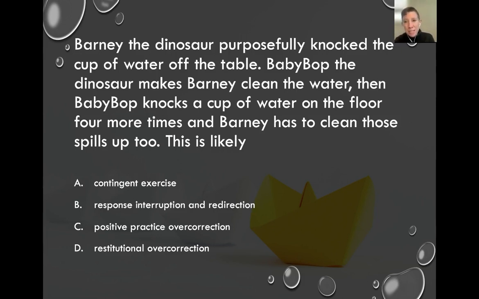And then the last one is contingent exercise, which is unrelated. So contingent exercise is when you're asked to do something that's unrelated to the target behavior directly following the target behavior. And again, all of these are meant to be a form of positive punishment. They only function as positive punishment if they actually decrease the behavior. And I have very rarely, extremely rarely, ever seen any of these work, even temporarily. And almost always when they do work, it's for some other reason.